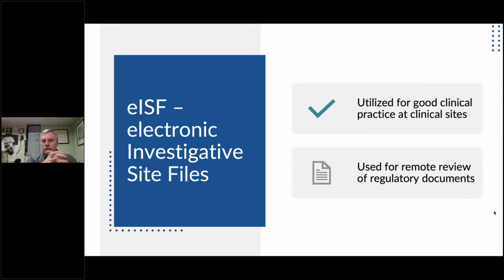At the site level, when you're doing a trial, there's the electronic investigative site files. These are binders and a bunch of folder structures for actually capturing the data at the individual sites. Those are then going to feed up into the eTMF. You may have a CTMS system, and at one of our later presentations, we're going to talk about how do